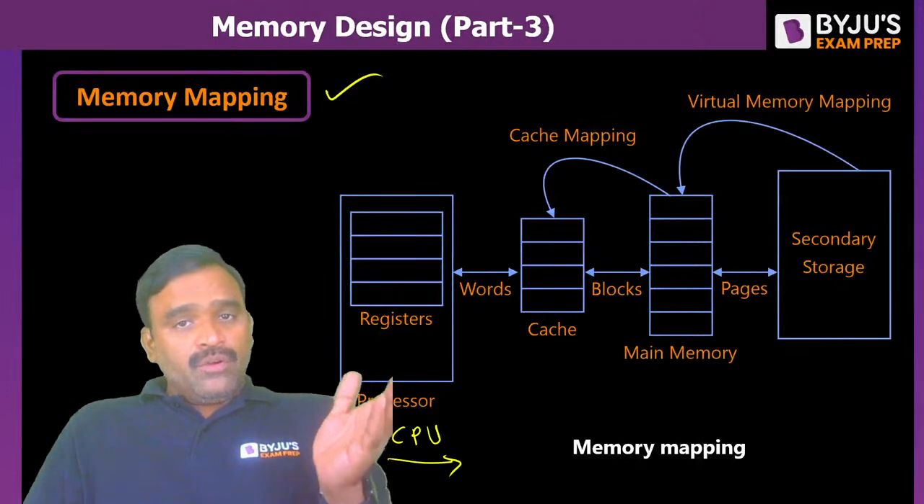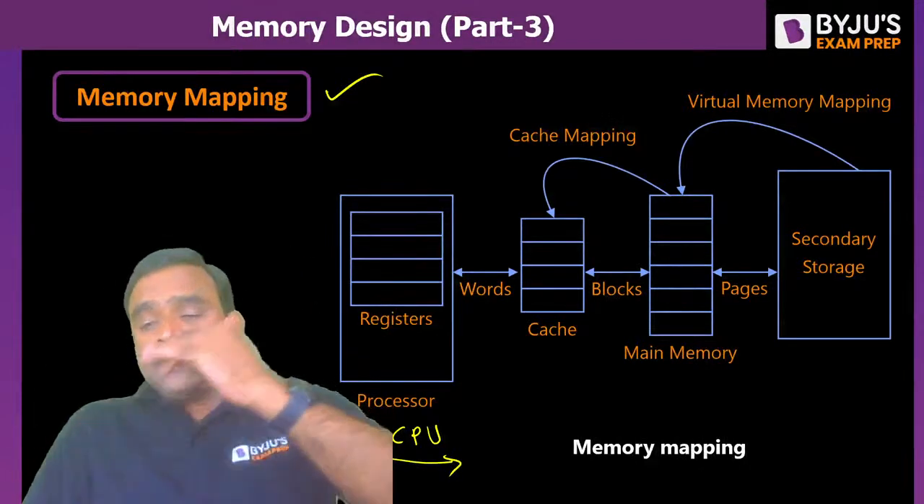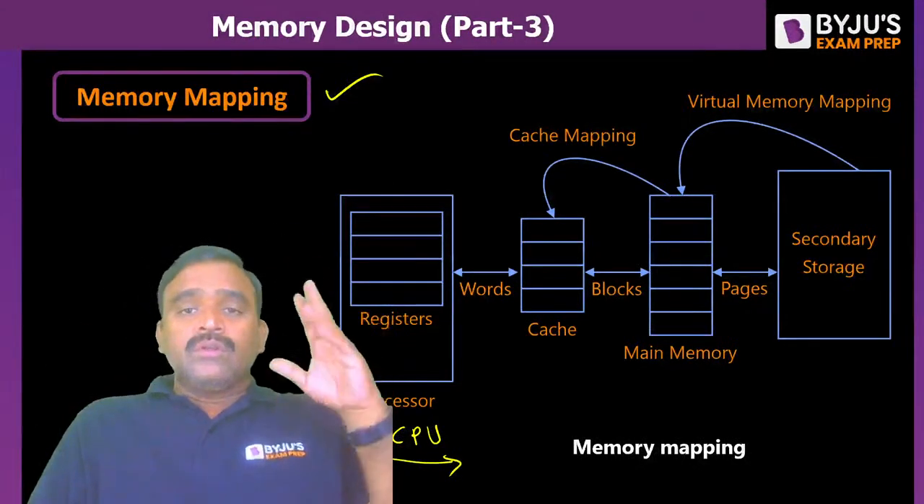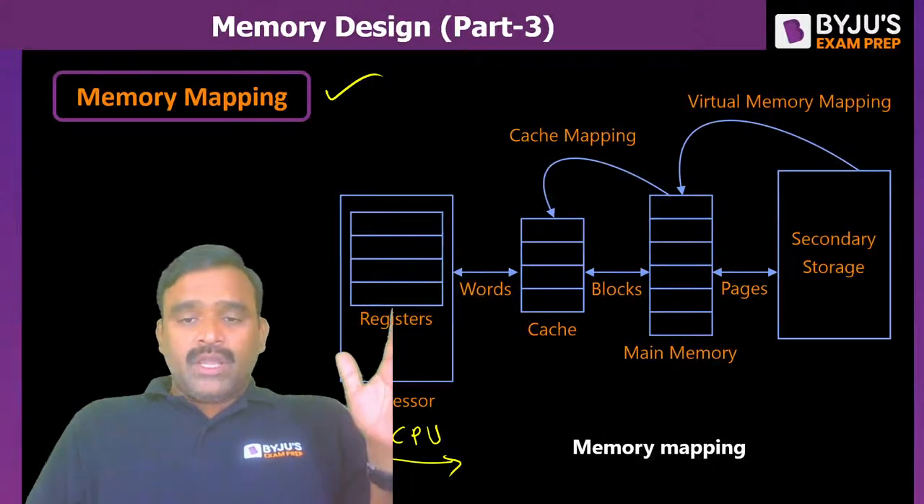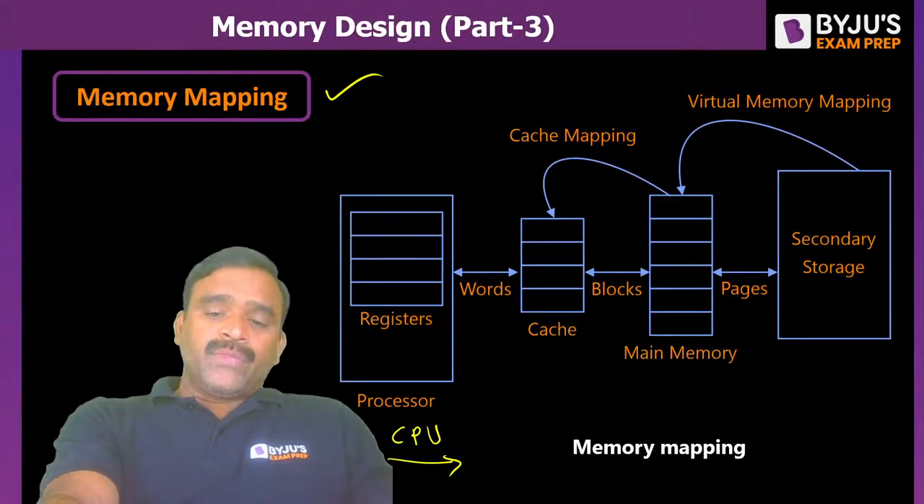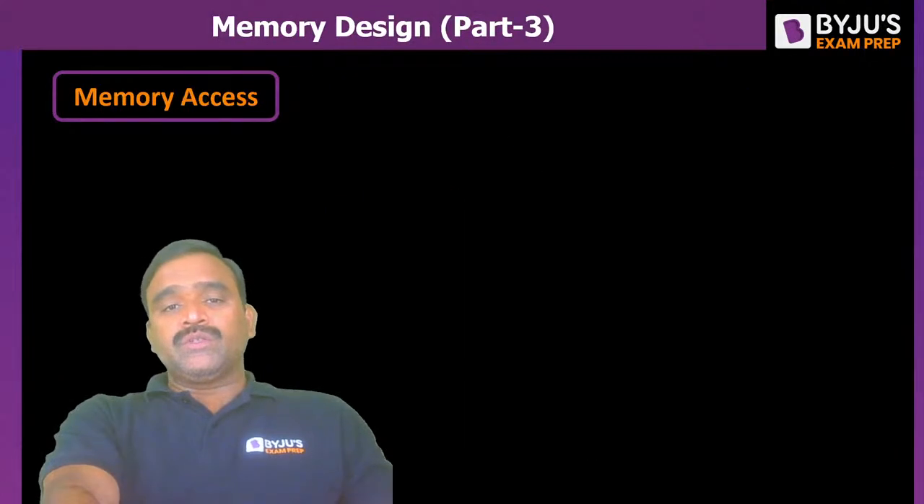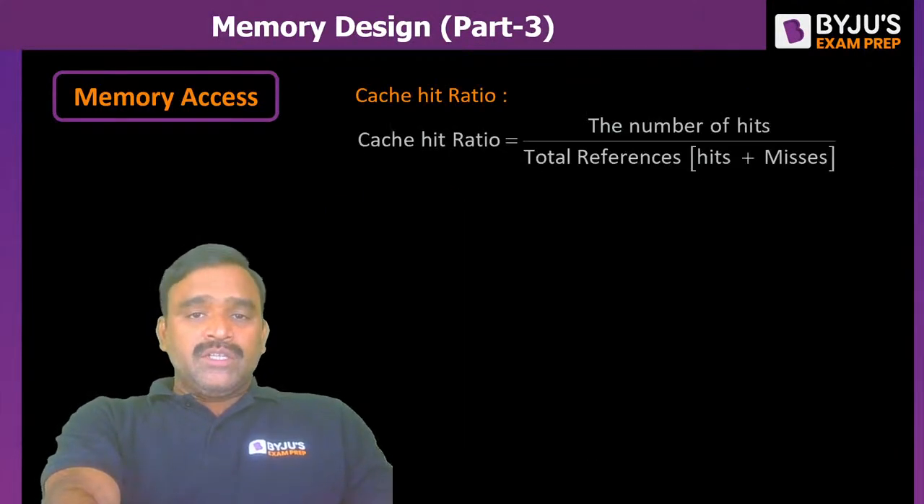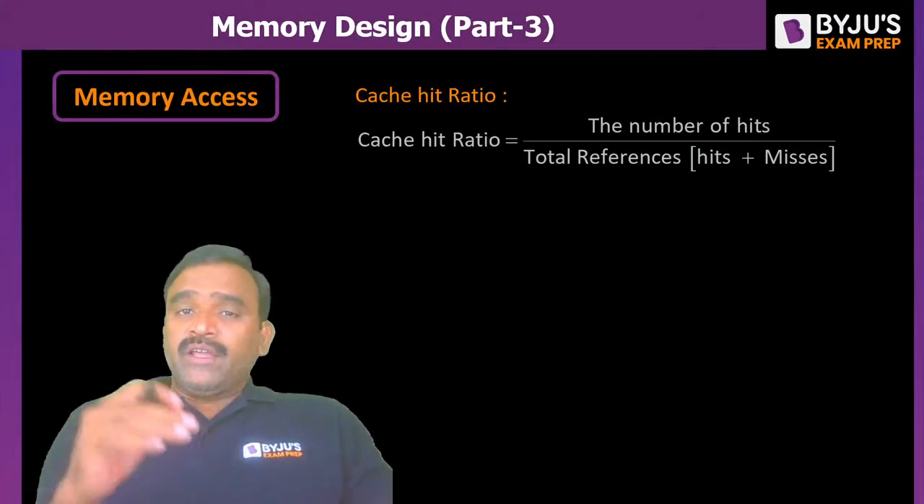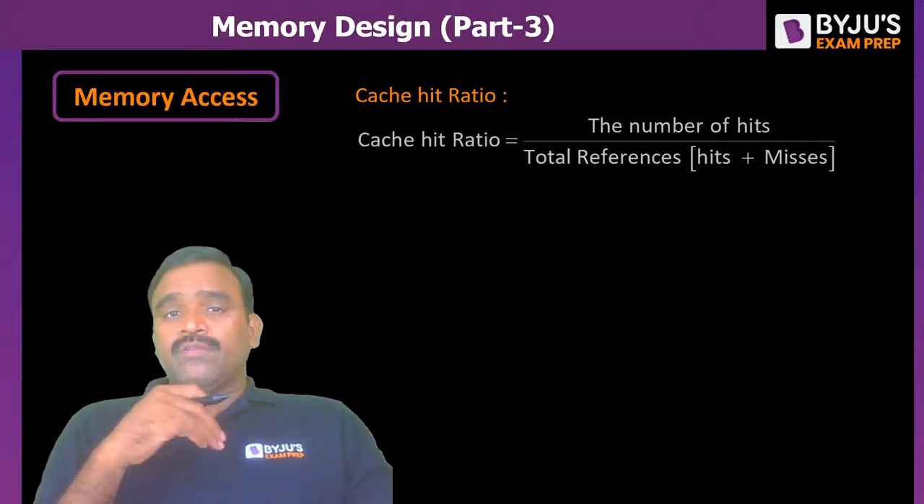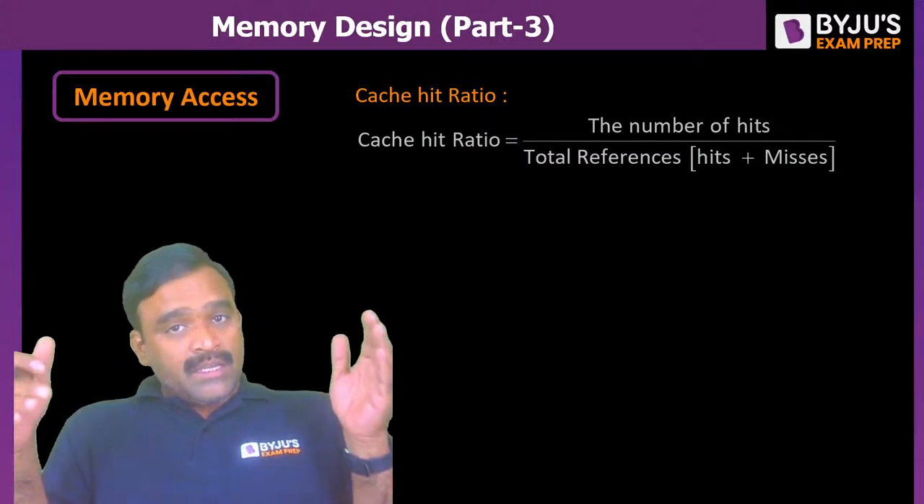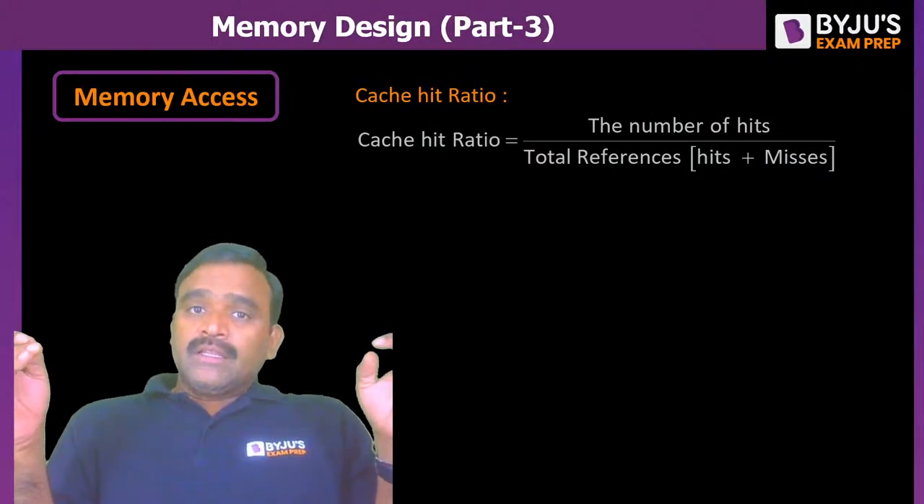But if you go to bigger storages every time, it will take more time. It leads to lower performance. That is the reason we have to improve the hit ratio. What do you mean by hit ratio? For example, take the cache hit ratio. If I refer to the cache 100 times, and out of 100 times, 90 times the data is found in the cache, then the cache hit ratio